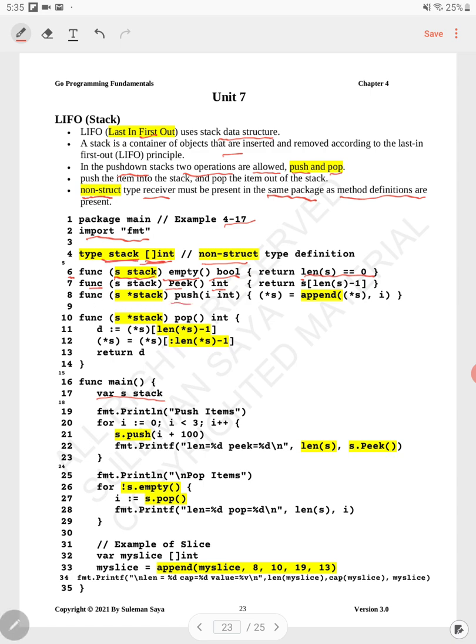And the push method is taking a parameter of type int, passed by value, and it is taking the receiver as a pointer type. Within the body of push, we are using the append function. Now, in this case, when we are appending the data,